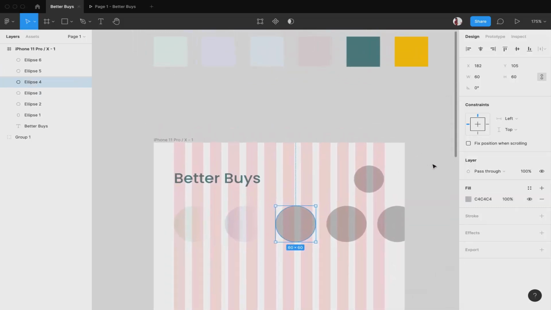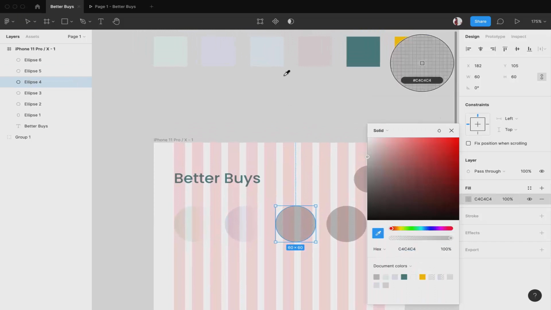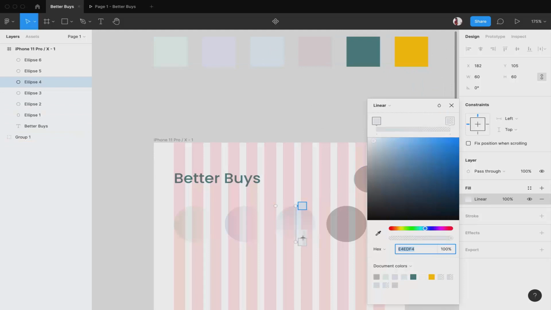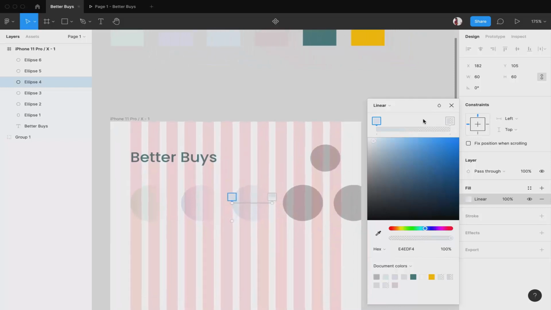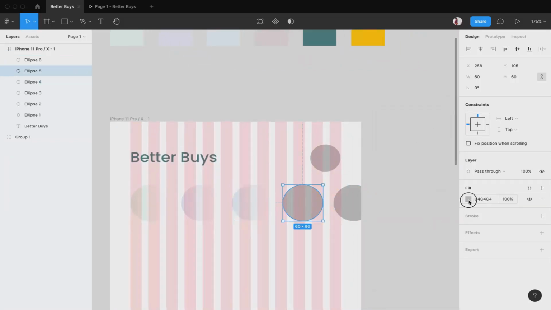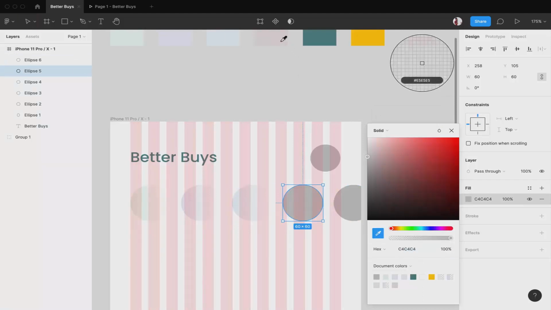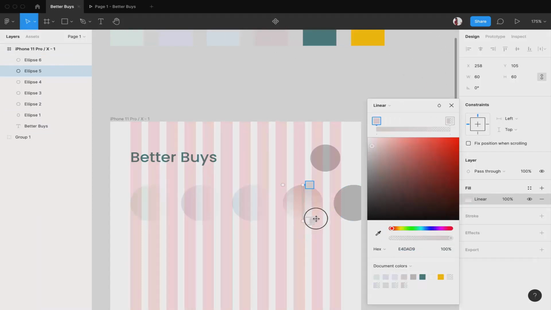Now for the next one I'll apply the next color. Then again from solid to linear. I have done this one as well. Now for the fourth one, this is the color. Again I'll change it from solid to linear.